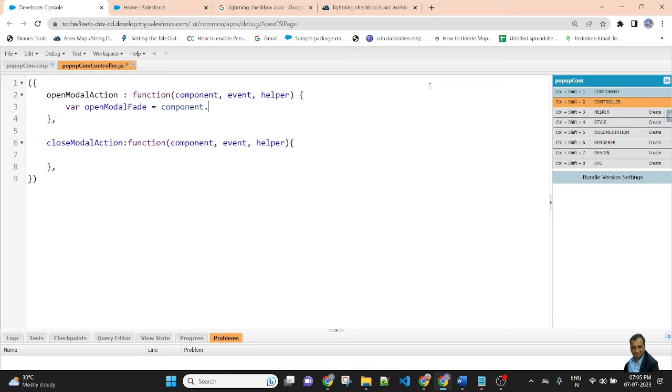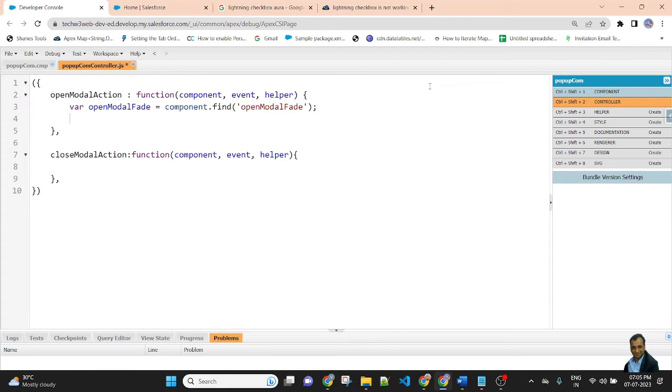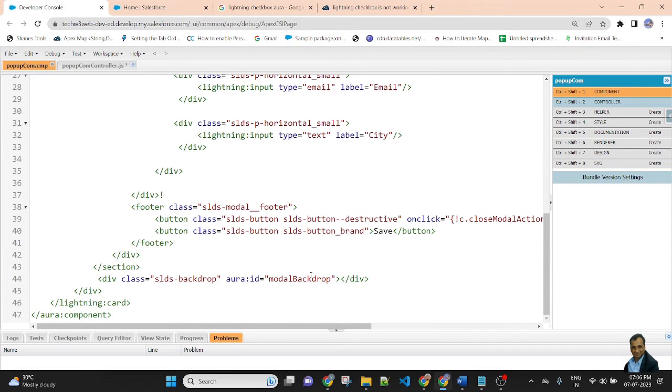Component dot find this ID. Then I will add the class. Same, I will create a variable for this ID. Copy this ID.